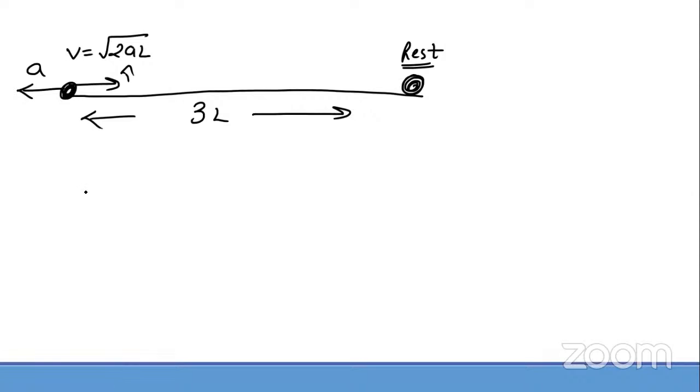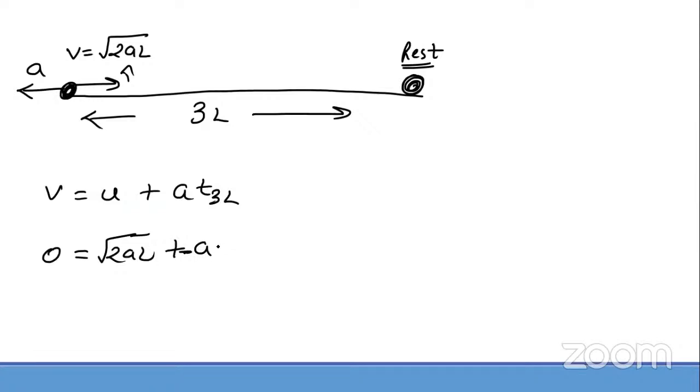So we can use which equation? Think. Okay, this is the first equation of motion, which is the easiest, I think. So apply it here, because our demand is what? To find the time of traveling of this particle. I mean, the time which this particle took to travel 3l distance. So initial speed is under root 2al. Acceleration is negative, so I will use the sign minus, opposite direction, because the final speed is 0, t3l. So from this I get an equation that is the time required to travel this 3l distance in a retardation manner,